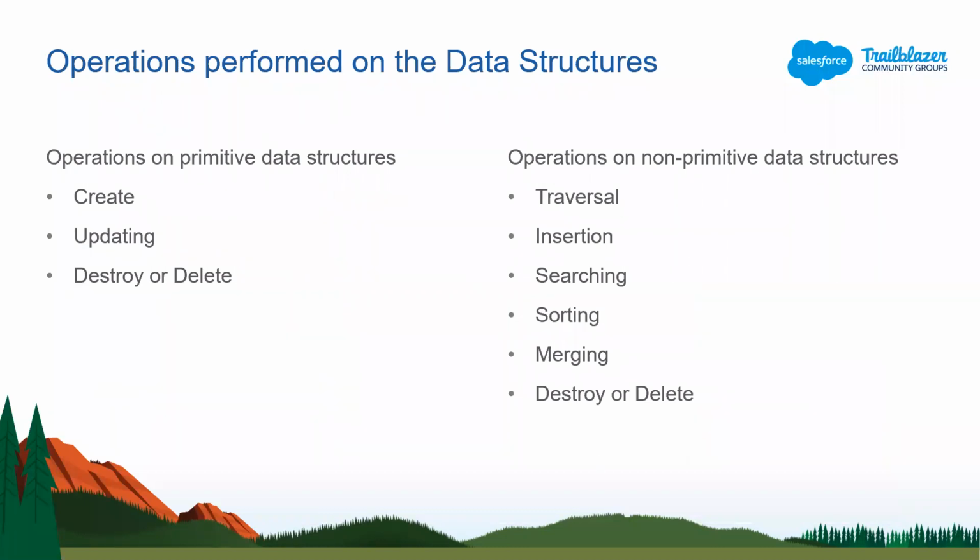we only save the data so that we can perform some operations on it in the future. So here are listed some of the operations which we can perform on the primitive data structures as well as the non-primitive data structures. So firstly, going for the primitive data structures, we can create a primitive data structure, which can be, say, an integer. So we can define an integer. Suppose if I go with C, then int any name is equal to 5.